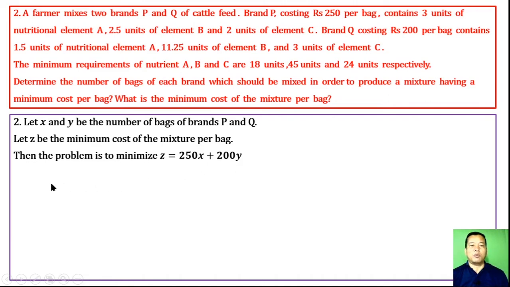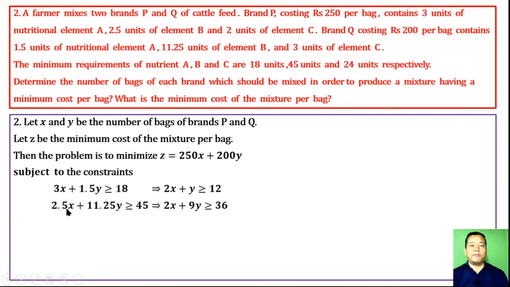torabadi sine minimum cost pangani of the mixture subject to the constraints restrictions sing adudi nutritional element A gidi thrice x plus 1.5 y, this should be greater than equal to 18, high with the mixture adu the yamdrabada nutritional elements 18 yahlo higher banina greater than equal to 18 or simplified or the safe hangani assume nutritional element B gi